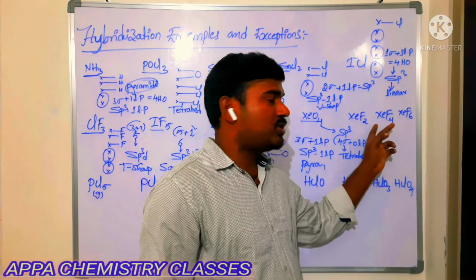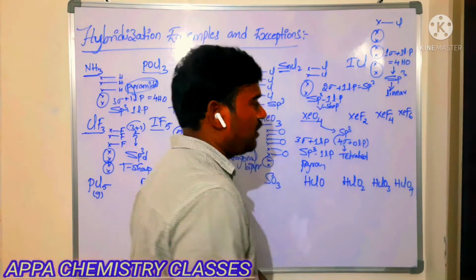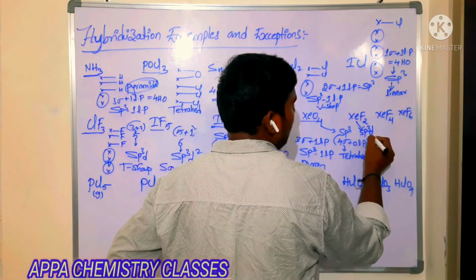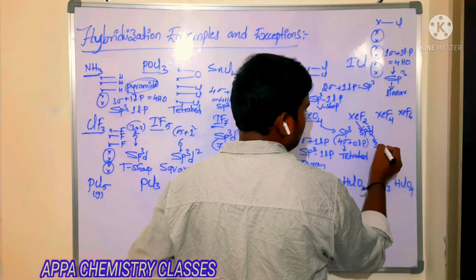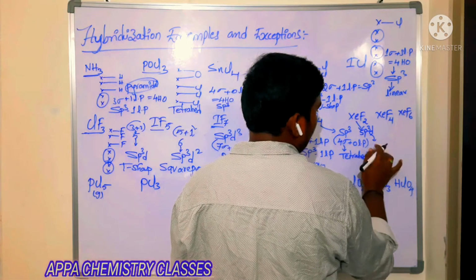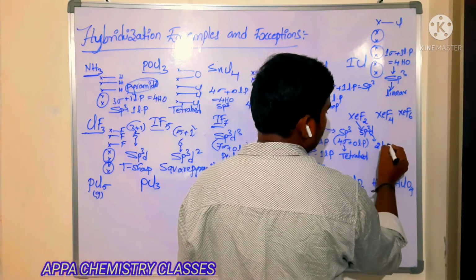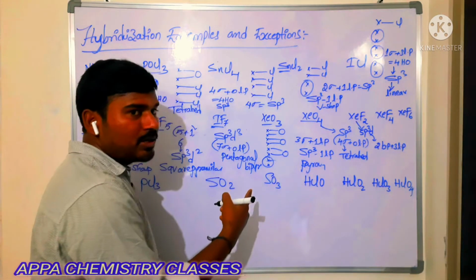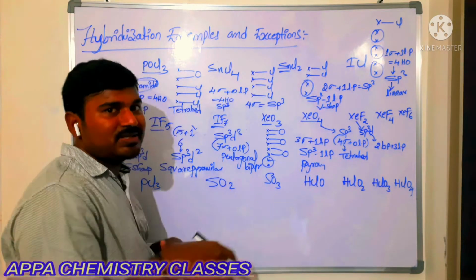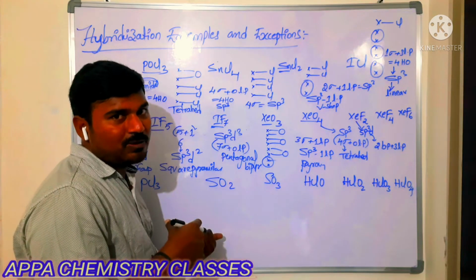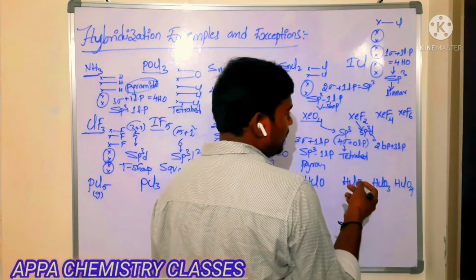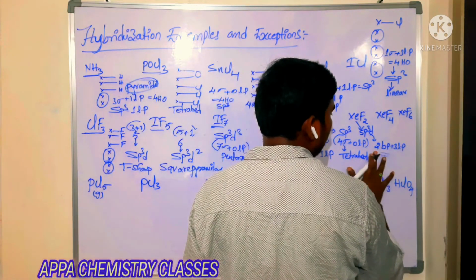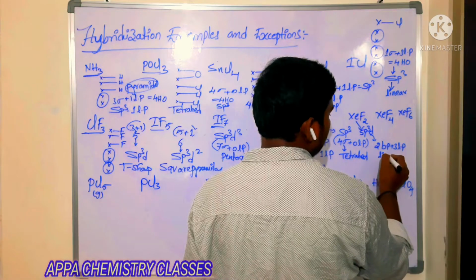If you have not watched the first video, you can find it there. It is sp3d hybridization with 2 bond pairs plus 3 lone pairs. Are you able to identify lone pairs also or not? You do not need a separate formula for calculating lone pairs of electrons here, so for that reason it is very useful. Now, 2 bond pairs, 3 lone pairs, sp3d hybridization, 3 lone pairs means it is a linear shape.